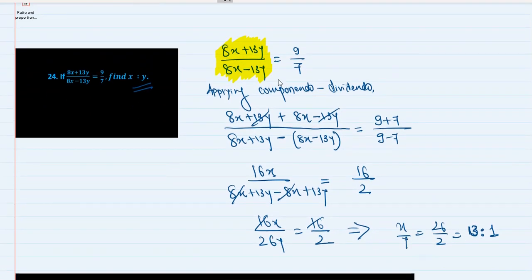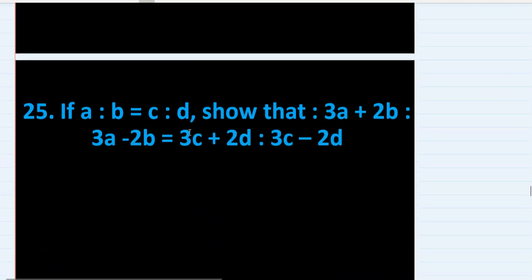Always remember, in dividendo, when you open the bracket and there is a minus sign, of course there will be, all the signs inside will change. So always put a bracket. Otherwise there will be a silly mistake and you will lose marks. So be careful. Okay. This is easy. Like, the properties are also very simple, and 90% of the time a question can be solved by applying componendo dividendo. Let's go to the next question.